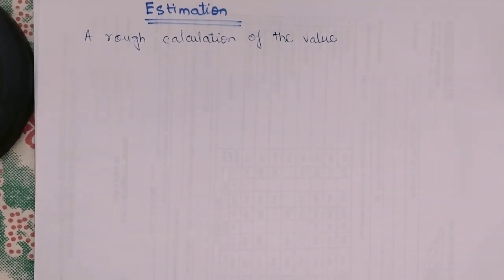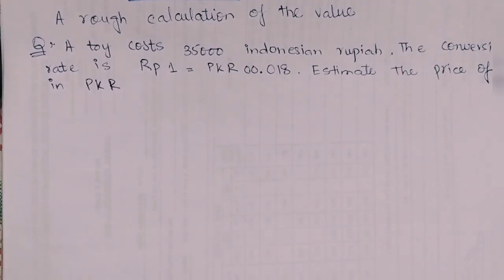Next, we are going to do some questions related to estimation. Let's do the question. A toy costs 35,000 Indonesian rupiah. The conversion rate is Indonesian rupiah 1 is equal to PKR, Pakistani rupees,